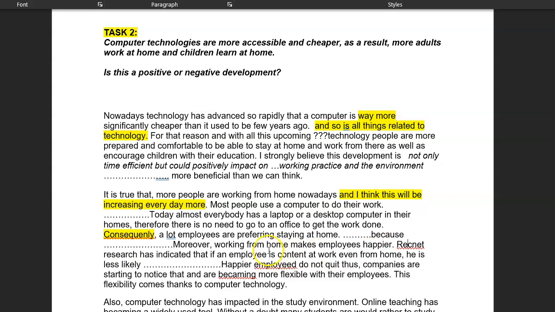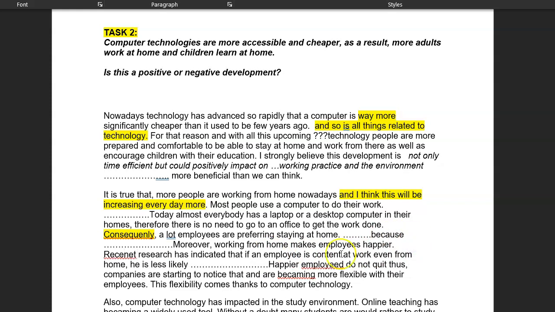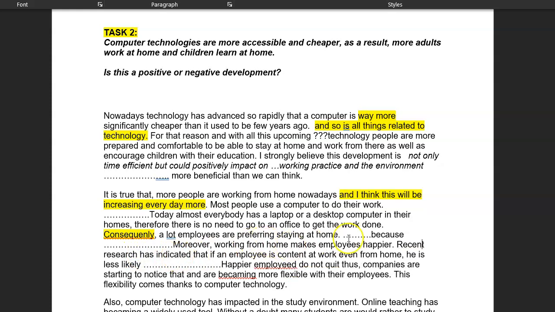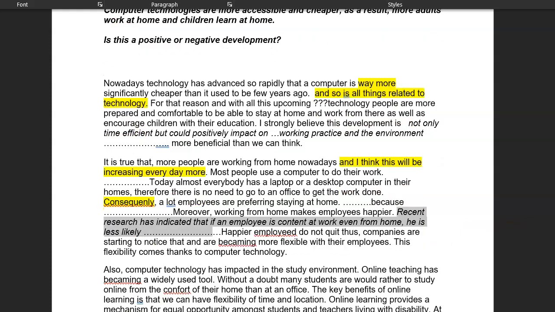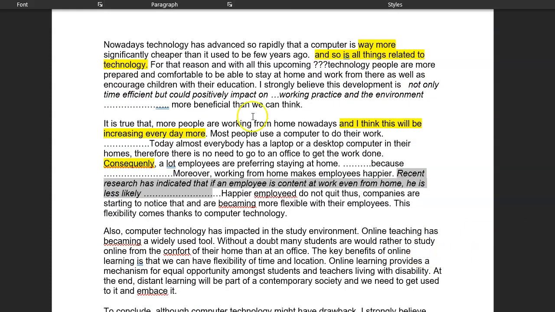Okay, so this is something that we do with our students on our online course. We work with a lot of students who are doing really well in their preparation, but just need a bit of help to get them over the finishing line. And so we work on this kind of academic structure, give you lots of essay practice and lots of feedback like this. So, yes, I like the words, you know, you've got flexibility, you've got computer technology. You don't want to repeat "flexible" actually, but you've got lots of ideas, just need to get it into a better organized paragraph. Okay.